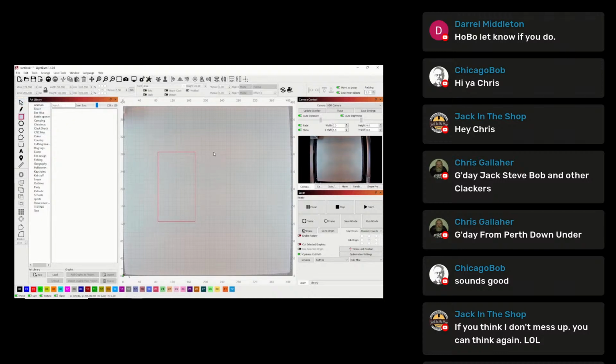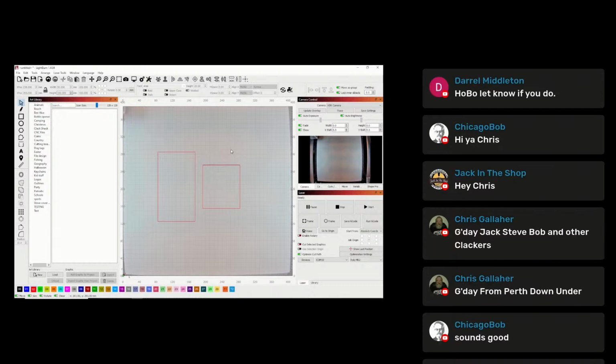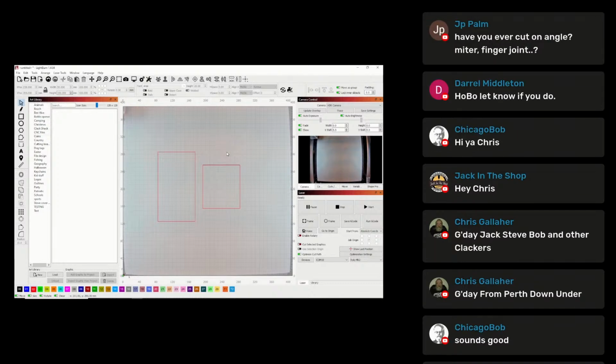And then on my other part, of course, I can just copy. I can select this one, duplicate, and I can slide that over. I'm doing some of this stuff, guys, just to show you some of the functions. So I'll slide that over. And the reason I did that is because these two pieces kind of need to be the same width for this design, but this one only needs to be 100 tall. So how you would go about that, click this one and just go over here and make sure that the lock here is unlocked, because if not, it's going to change the width. Change that to 100, make it 100 tall. And basically that's the two pieces, so to speak, that I'm going to be cutting out,